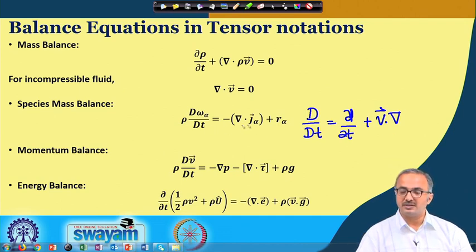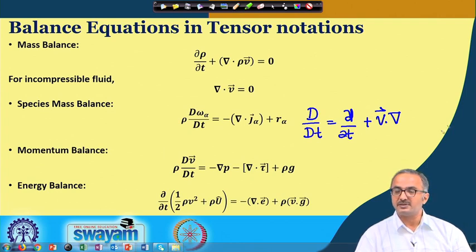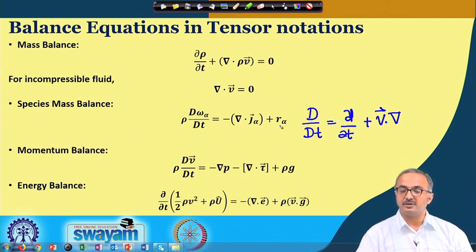So, in this case, if you expand this one, you can replace this d by dt by these terms over here, and you will get the same equation as we have derived earlier. This particular term gives the contribution of any kind of reaction. Okay. And this gives any kind of diffusive term that is involved in the species transfer. So, that means this particular derivative includes the convective term, and this includes the diffusive term.